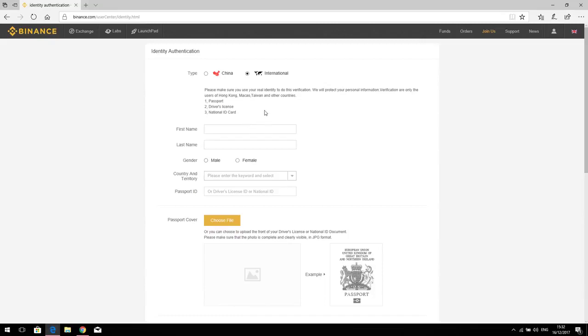It says here, please make sure you use your real identity to do this verification. We will protect your personal information. Verification are only the users of Hong Kong, Macau, Taiwan, and other countries. Passport, driver's license, and national ID cards. So let's say you're going to